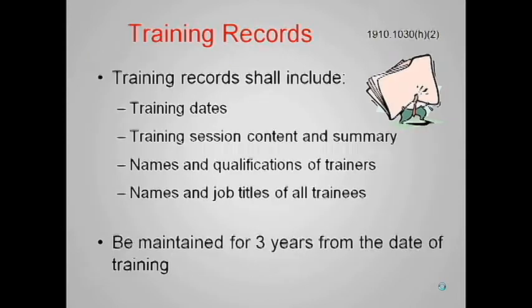Training records itself, obviously training dates, training session content and summary, names and qualifications of trainers, and job titles of all the trainees. This is one reason why we do use the FireManager test system. When you log in and do the test, even if you're doing it as a group, we've got the names of people there. We can correlate the names to your title, and we have to maintain those trainer records for at least 3